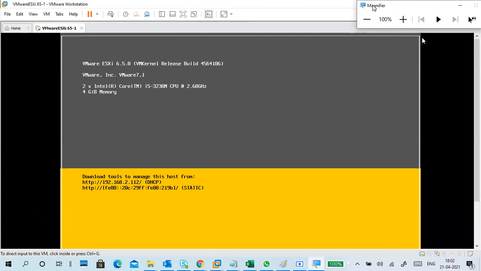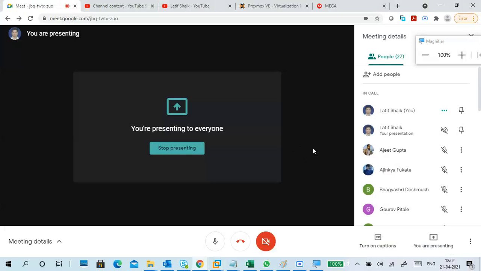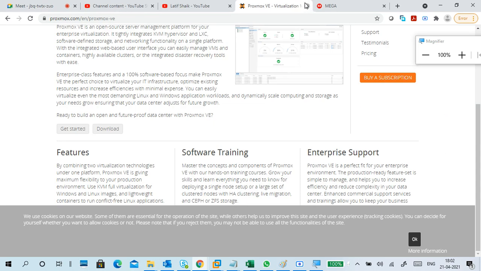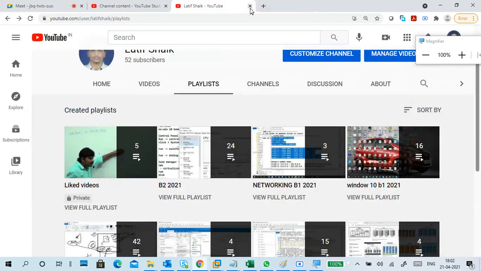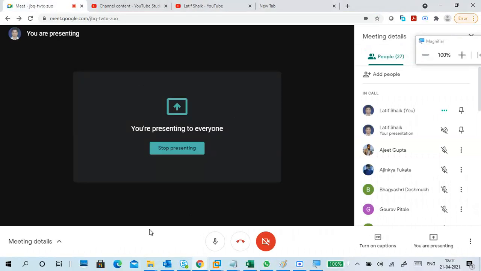Okay, now minimize. The problem with this one is we can only use it with IE. IE means Microsoft one only; it won't work with web browsers like this. We can open here also.